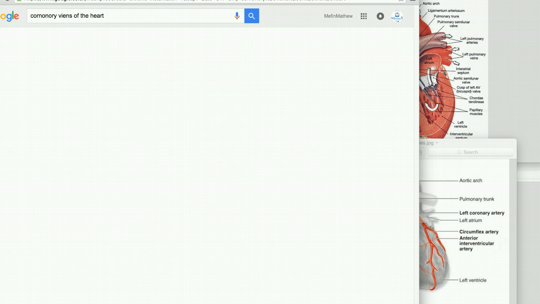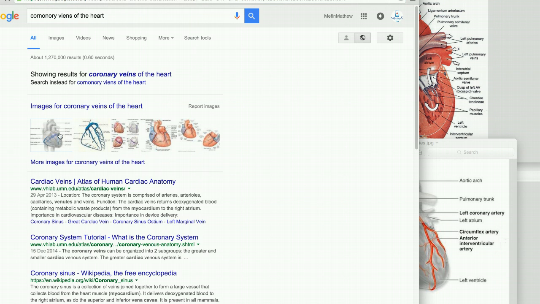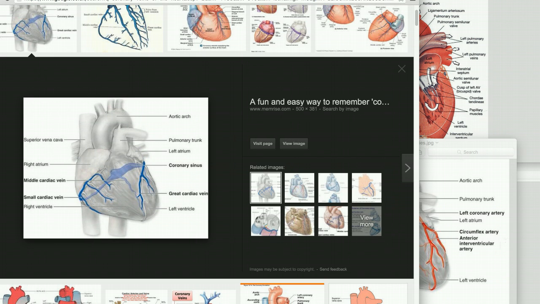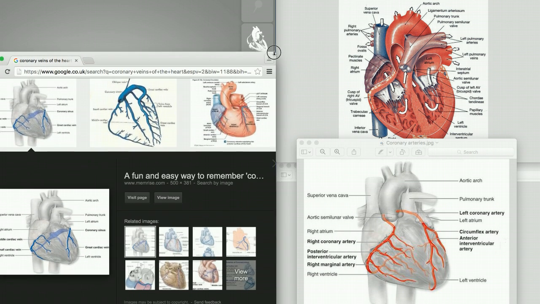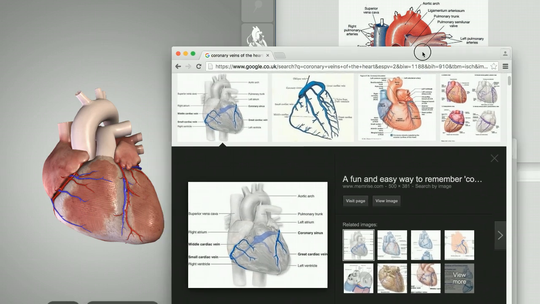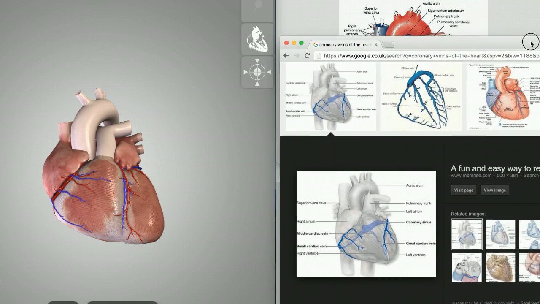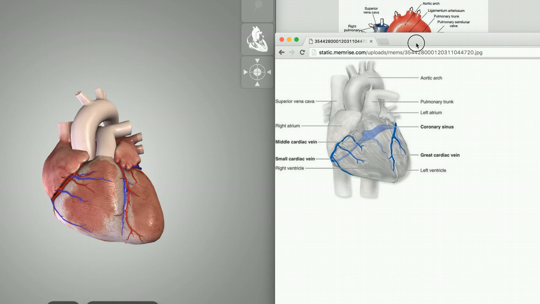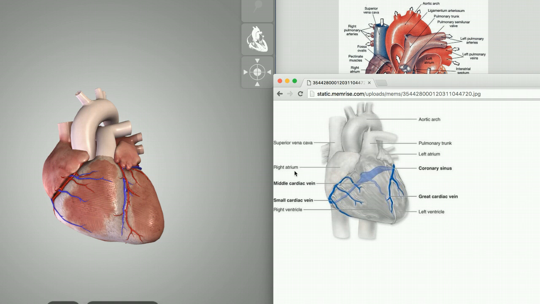So bear with me, let me just get an image up of the coronary veins. I have to drag this along here and make this a bit bigger so you get your view much clearer. So here we have the veins of the heart,